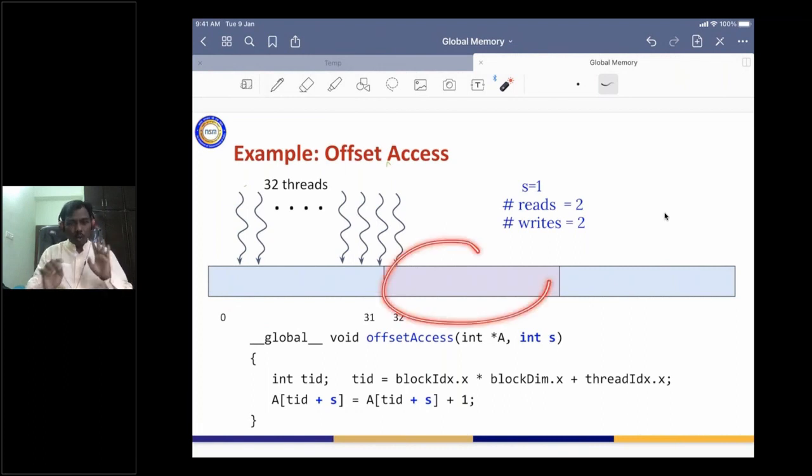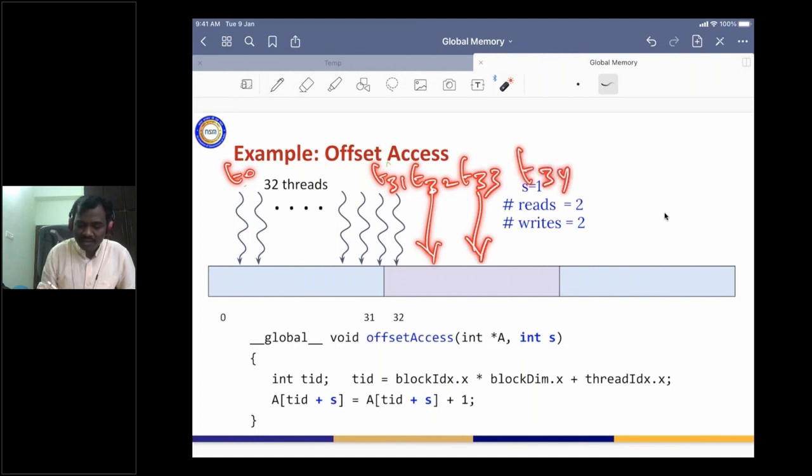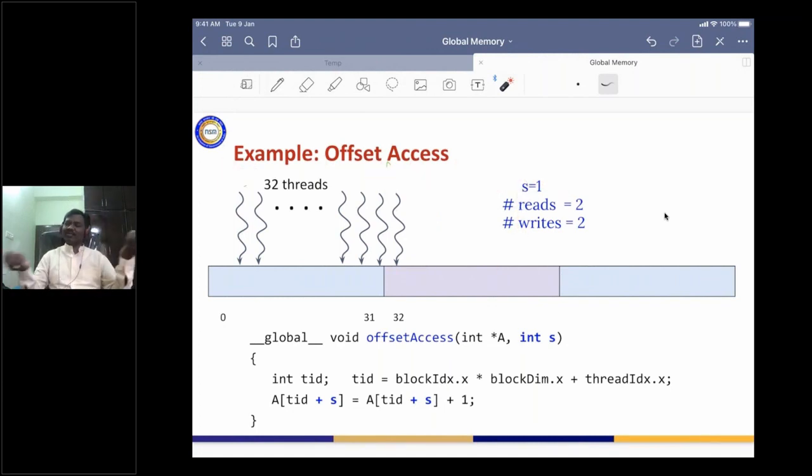Here also we are reading together. What happens to other elements? Other elements we are not discussing as far as this warp is concerned. We have another warp, and it is going to do very similar calculations. We call its threads T0 to T31. What happens with T32? T32 is going to access this, T33 is going to access this, T34 is going to access this. The same thing is going to happen further. The other elements also will be incremented based on this code.